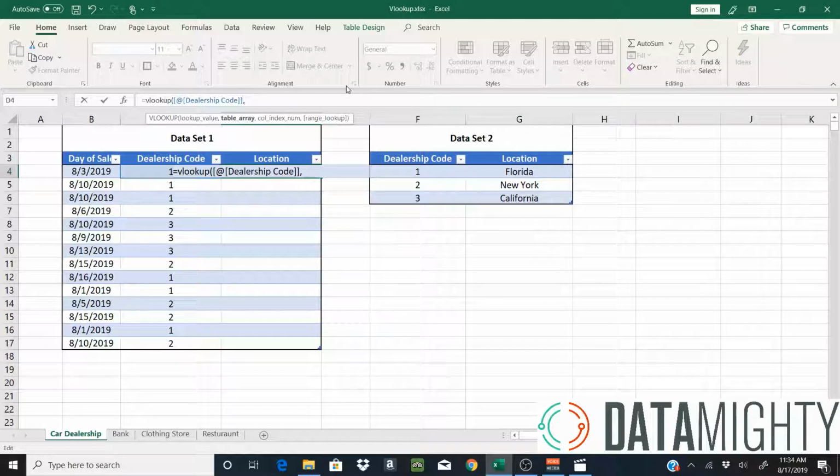And now we're in the second portion of the VLOOKUP function. The second portion of the function is identifying your translation table. For us, that is data set number 2. So that's what we're going to highlight. And we'll press comma. Now we're in the third portion of the VLOOKUP function, and that is identifying which column